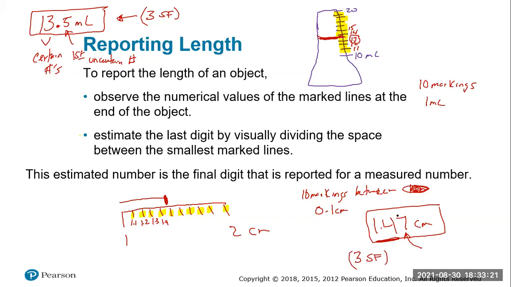Uncertainty in that 7 could be as big as 1.48, 1.46, and that is realistic based on what we are looking at there. Again, the smallest marking here is 0.1, first decimal place. We could take the reading one more place to the right. So typically speaking, we could go one more place to the right of the smallest marking. Not always the case. So for example, if you had